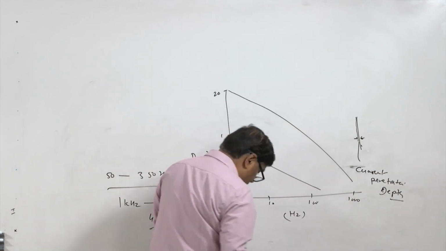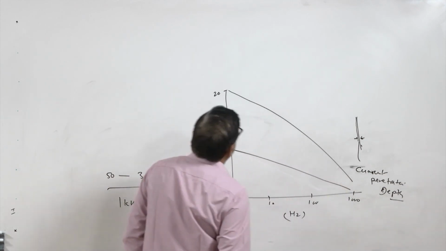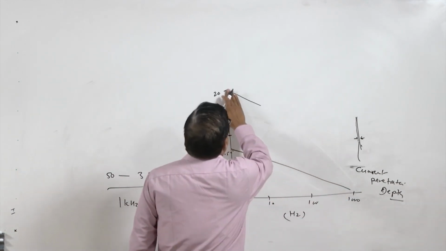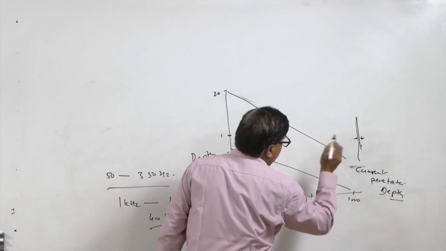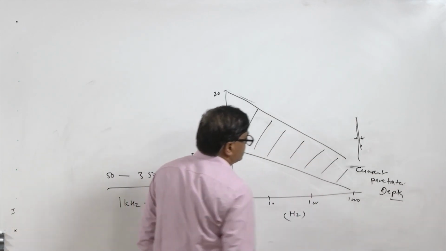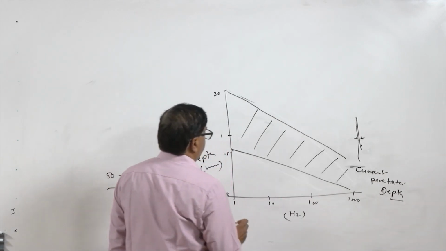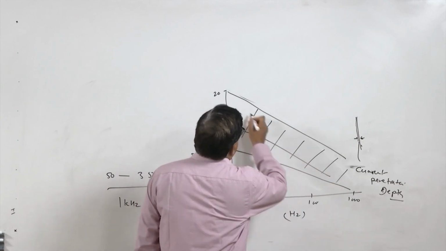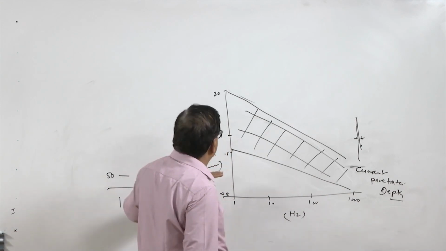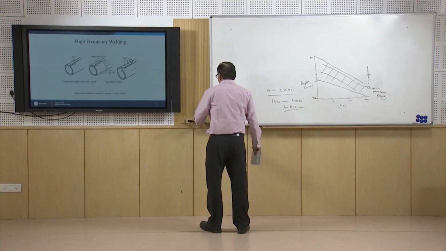So, for the different metal systems, this is the kind of band which is observed. For different metals and the metals in different temperature conditions, we will see that these values may vary like this or like this, but invariably with the increase in frequency of the current, there is a reduction in the depth up to which the current will be